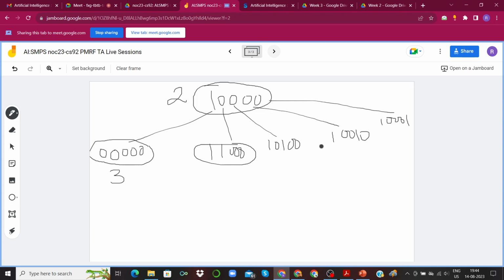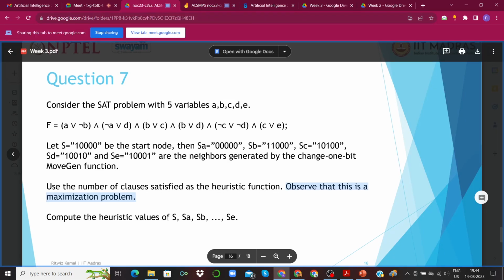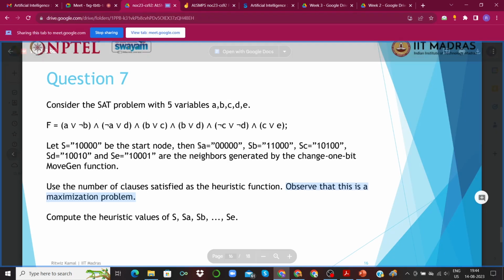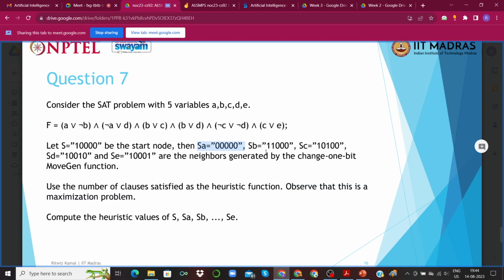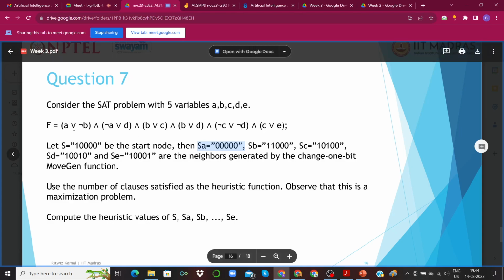Similarly, calculate all the heuristic values for each of these states, and that is what is asked in the question. We are giving a name to each of these states depending upon the position of the bit that we are flipping. If we are flipping the value of the A variable, we are calling that SA.